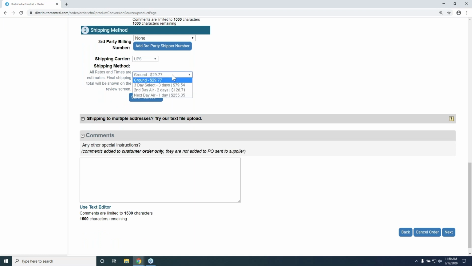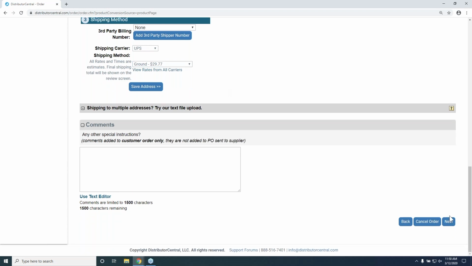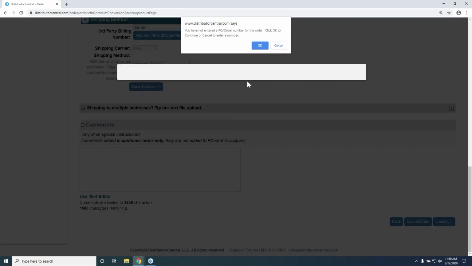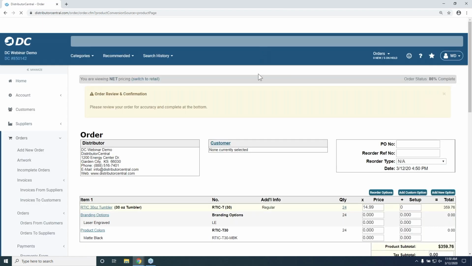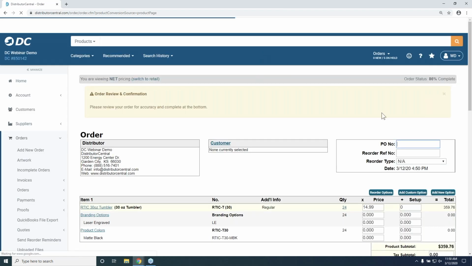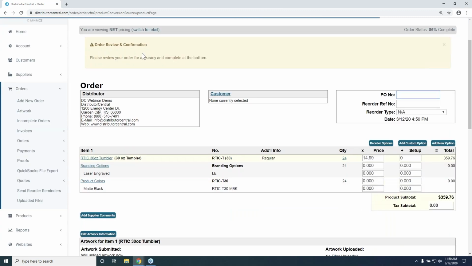And then you can see the different costs here with the ground, three-day, second day, next day, and add any comments to the supplier if you want. Click next. This next page you'll recognize from when we converted the quote to an order. So this is back to the order review and confirmation page. Once again, you can still switch back and forth if you wanted to,